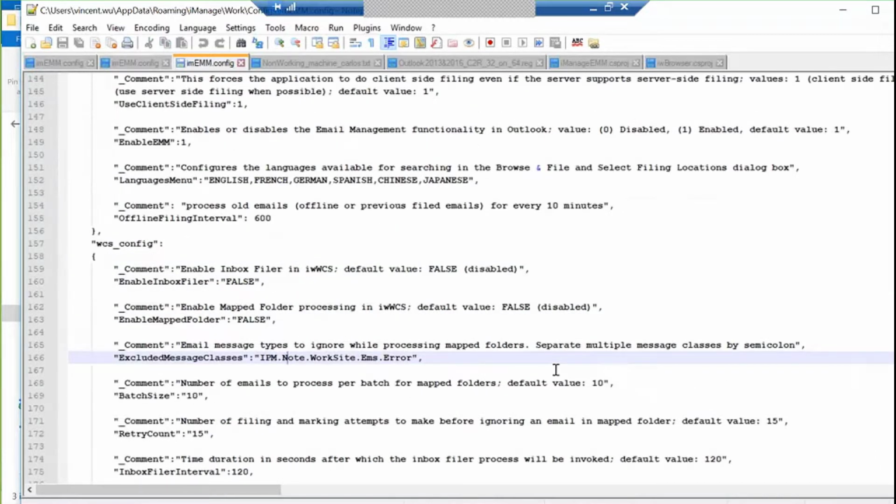Node is actually planning for the inbox filer. So the inbox filer is not only available for the server-side filing. Now Node is going to actually write it. If you actually look at the inbox filer,